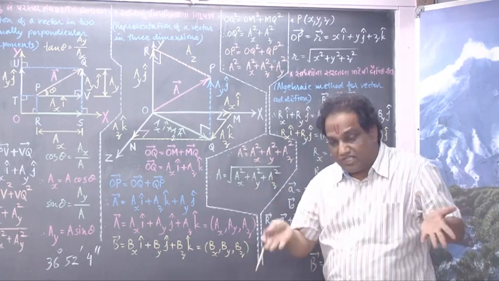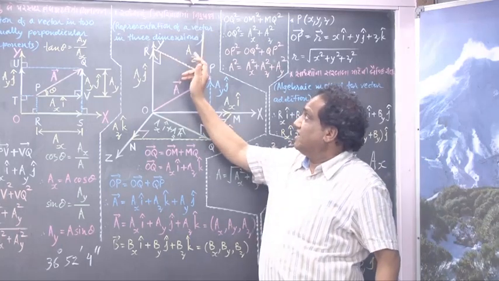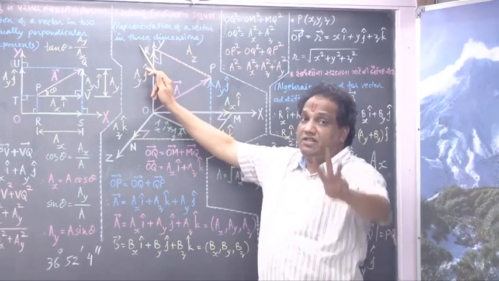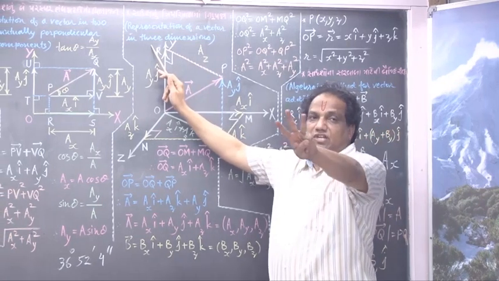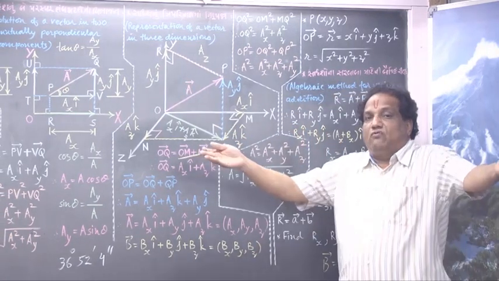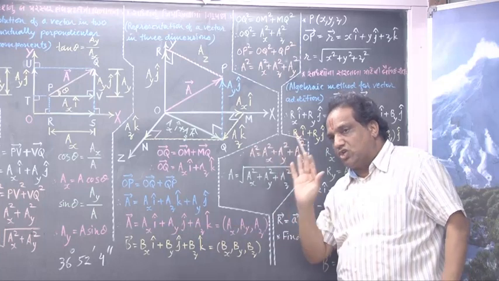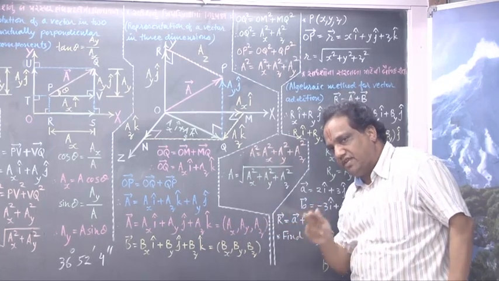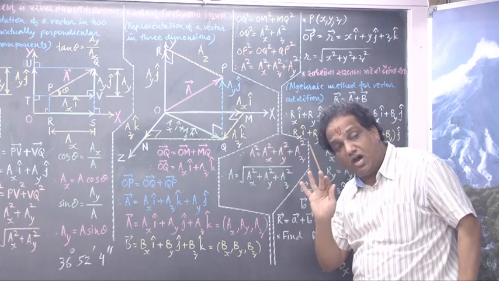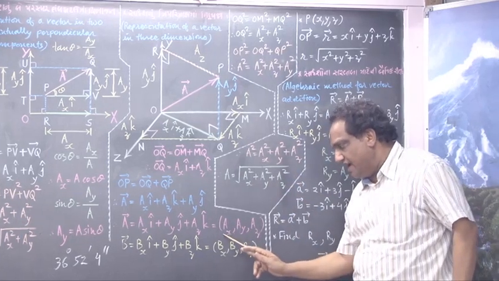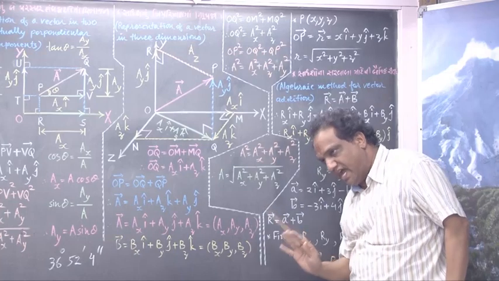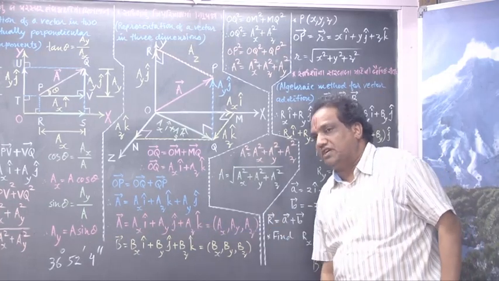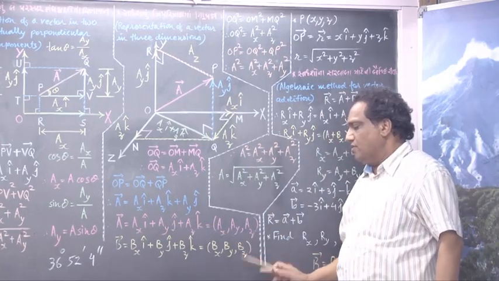Simple. This is called the representation of a vector in 3 dimensions. In 3 dimensions it has 3 components. If you don't want to write this much, you may write it shortly in a bracket, with all the 3 components: first X, then Y, then Z, in this order only: AX, AY, AZ. Suppose you want to write the 3 components of vector B: BX, BY, BZ.